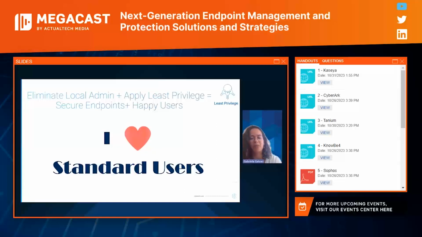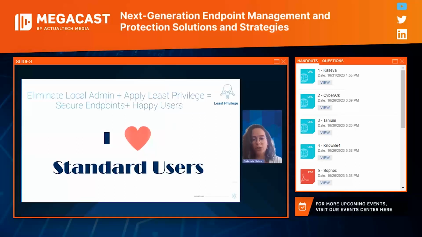How can I get my job done without any admin rights? This would cripple my operation. But the risk that companies are facing by allowing users to have full admin rights is a big gap that leaves the door open for attackers. And I'm telling you that we have a way of removing the local admins from the field.